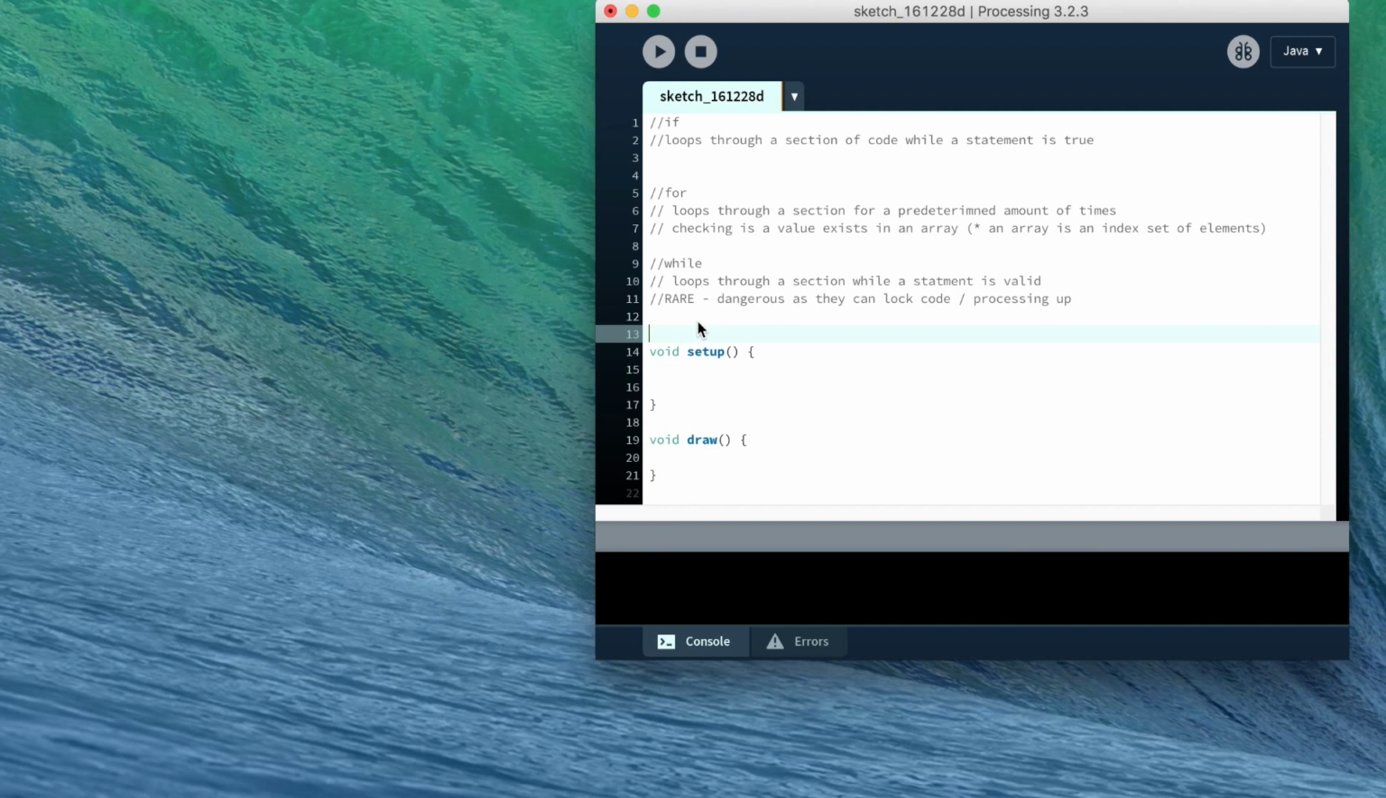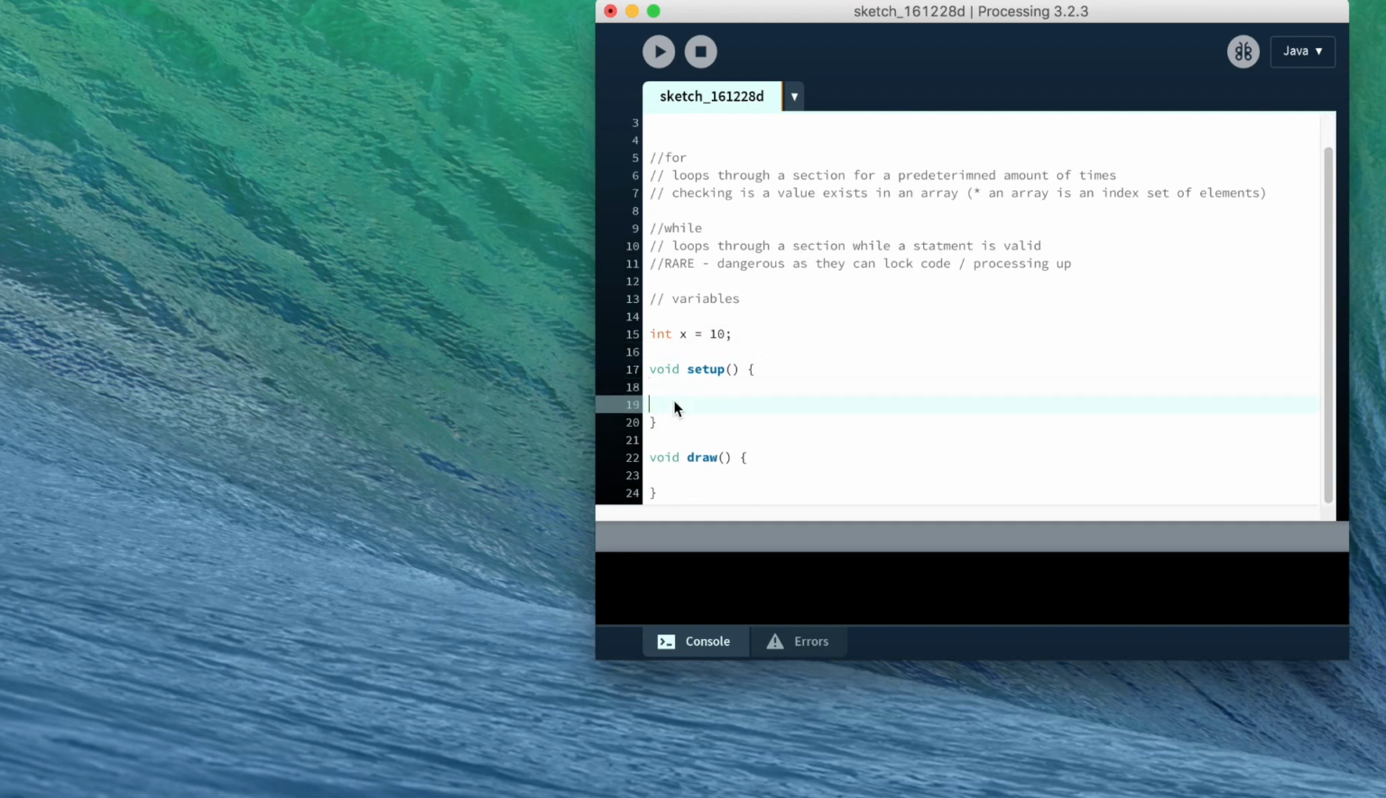So, I'm going to define a variable that just says int x is equal to 10. We're going to use this in a minute. I'm not going to have anything in void setup because I'm going to purely print everything to the console. I'm simply going to use the loop of void draw to control this program. Starting with an if loop. If x is equal to 10,